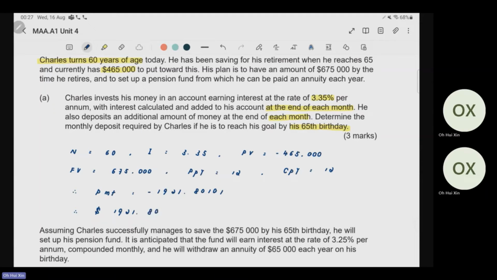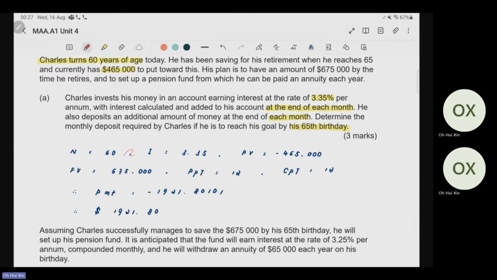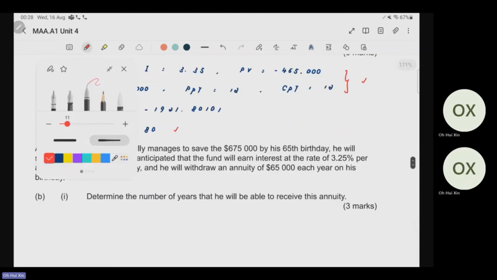For this question, 1 mark will be given for identifying your N correctly, which is 12 multiplied by 5. Then all the other working correctly, and after that your final answer without the negative sign. So that's part A. I think that's quite straightforward. The only thing is that you need some time to go through the information properly and identify what they want. As we continue from here, the question says that assuming